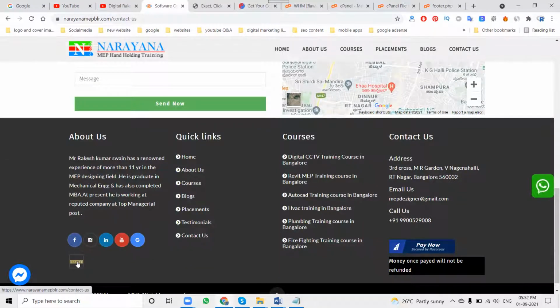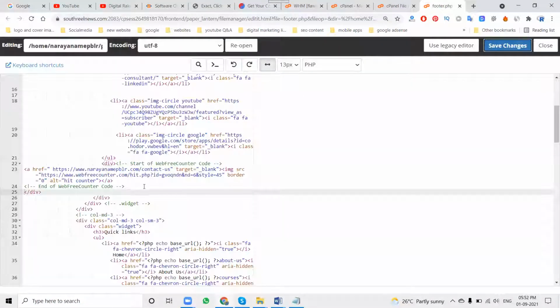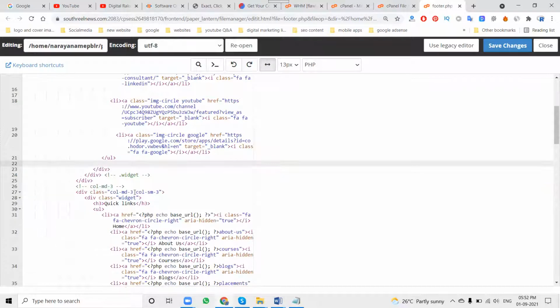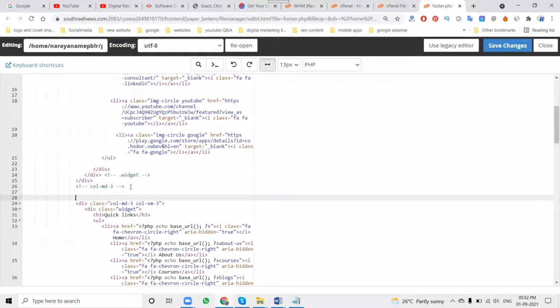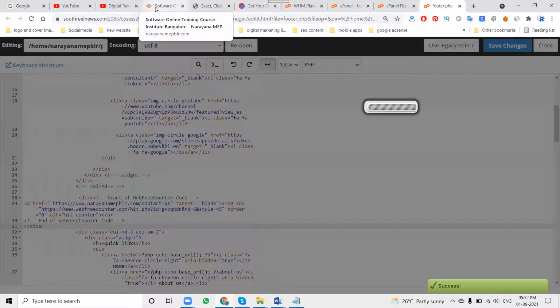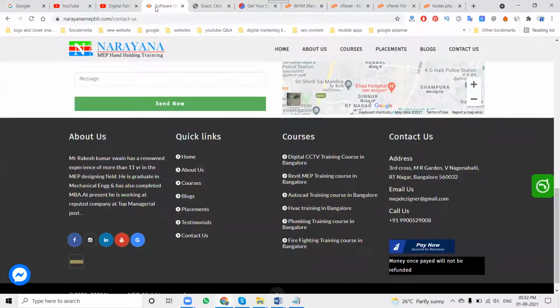It shows a small icon, so for a little change I'm changing the code option. Based on the social icon, the icon is showing very small.